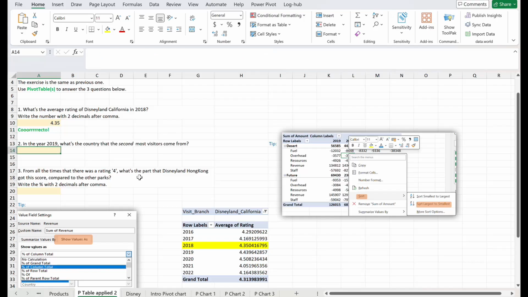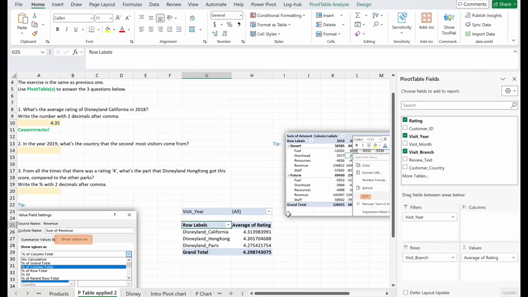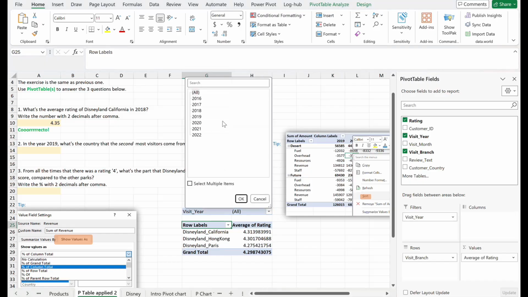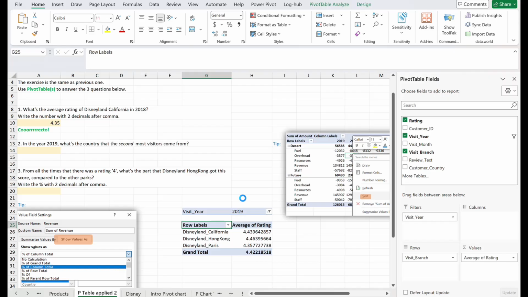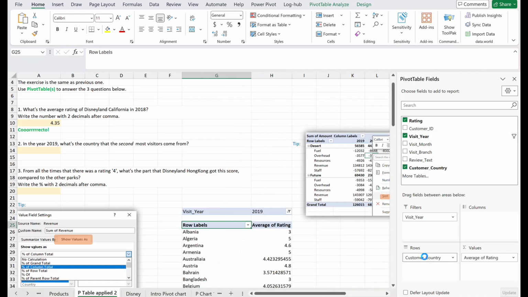Correct. Okay. In the year 2019, what's the country where the second most visitors came from? So this time we're going to filter by the year. By the way, there's always different solutions to get the answers, and there are different ways to get to the 4.35 than just the ones that I showed you. So 2019, then we don't need the branches, we need the countries,